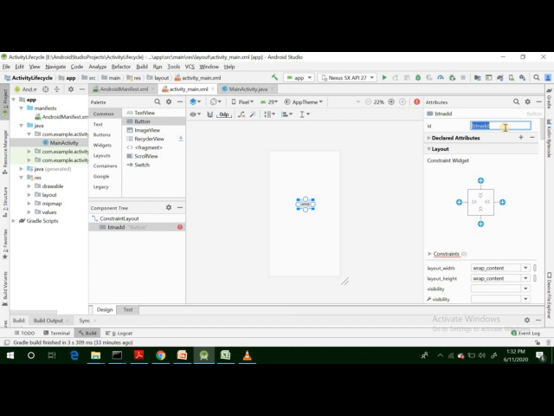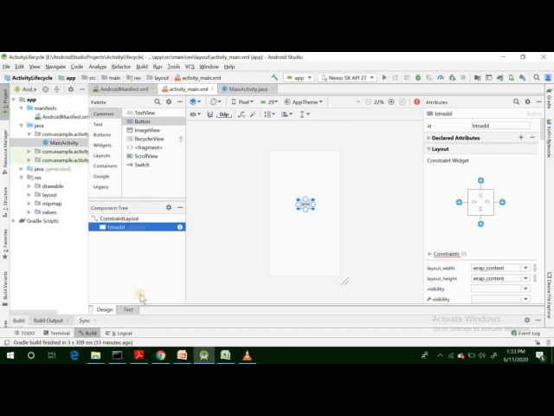Why do we assign that ID to that button? Because if we need to write the implementation behind that button, we need that reference inside our source code file. So now that button reference is being stored in another file. We will discuss that file in our next lectures, but for simplicity, we know that we added the ID with the button, and the button is added to a constraint layout, which is a view model. So this is a view model, this is a view. So we can add multiple views from this palette to this view model. Simply we can say that we can add as many elements as we want to a layout.